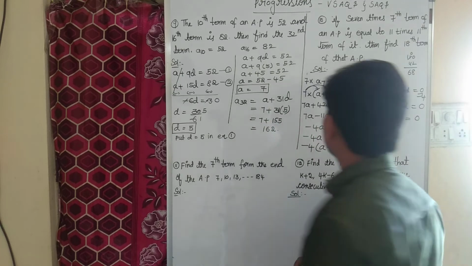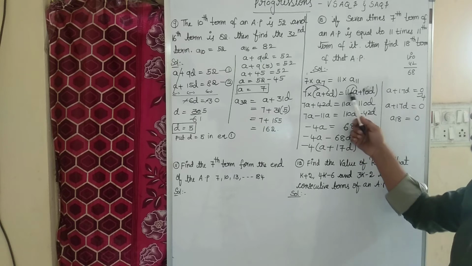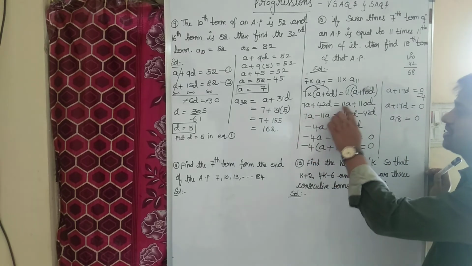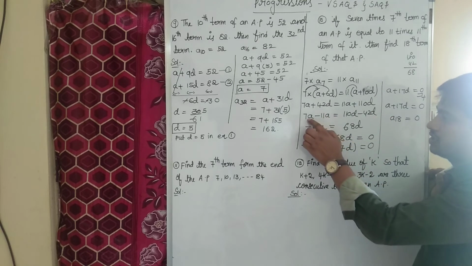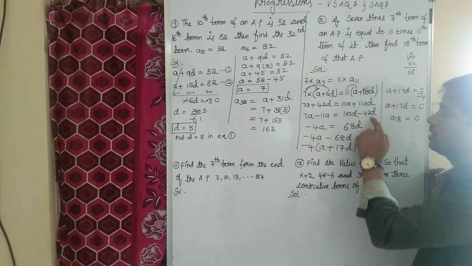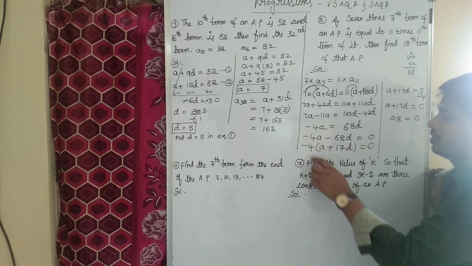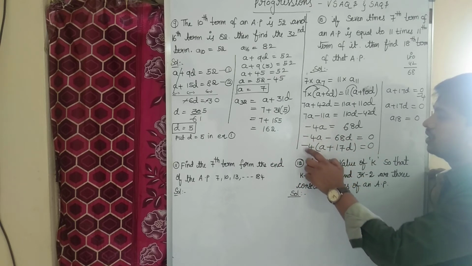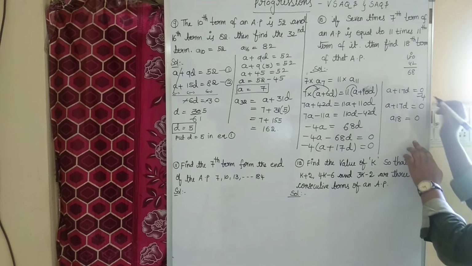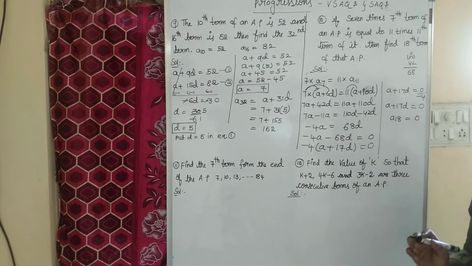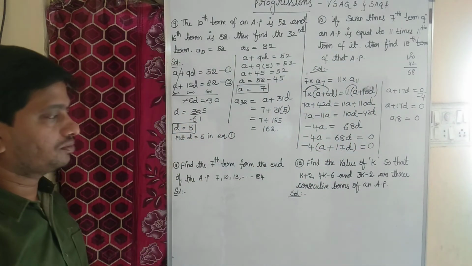Once again, children. 7 into A: 7A plus 7 sixes are 42D equals 11 into A: 11A plus 11 tens are 110D. So 7A plus 11A, transpose minus 11A; 110D plus 42D, transpose minus 42D. 7A minus 11A is minus 4A equals 110 minus 42, 68. So plus 68D, you transpose minus 68D. Minus 4 we took common, minus 4 into A is minus 4A, minus into plus, minus 4 17s. Minus 4, if you transpose, 0 by minus 4, 0 by something, 0 only. So we got A plus 17D. A plus 17D is nothing but the 18th term. So the 18th term of an AP is 0.